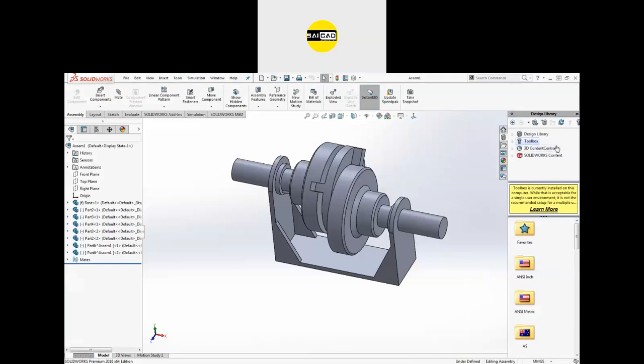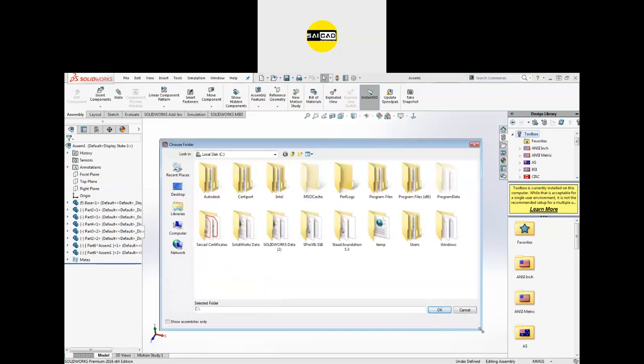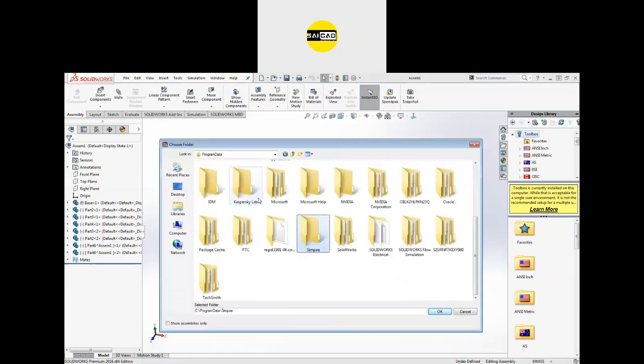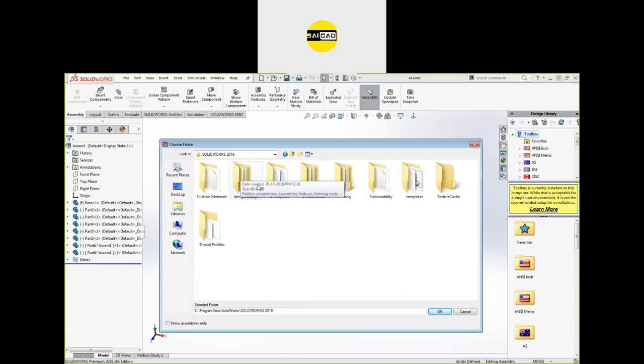So here we have the toolbox. If you don't have the toolbox, you can add a file location directly from here. Just go here, add your file location. I want to add some files from Program Data, and in that we have SolidWorks, and I have SolidWorks 2016 installed. Many people have different SolidWorks versions, so select the version for which you are setting up the toolbox.